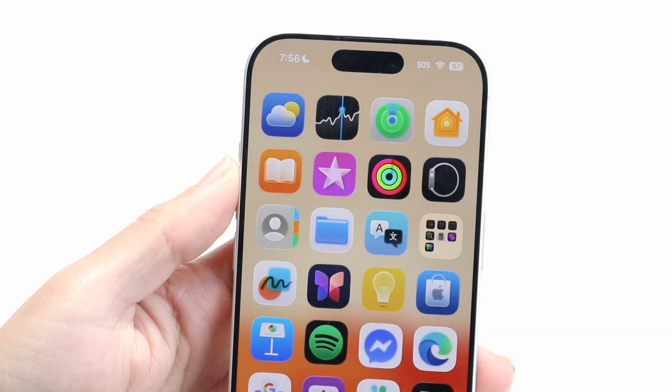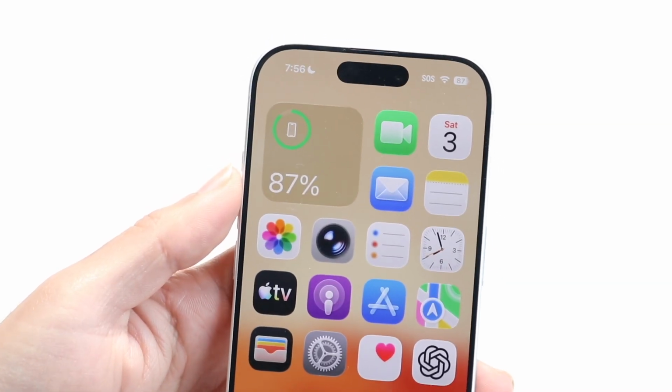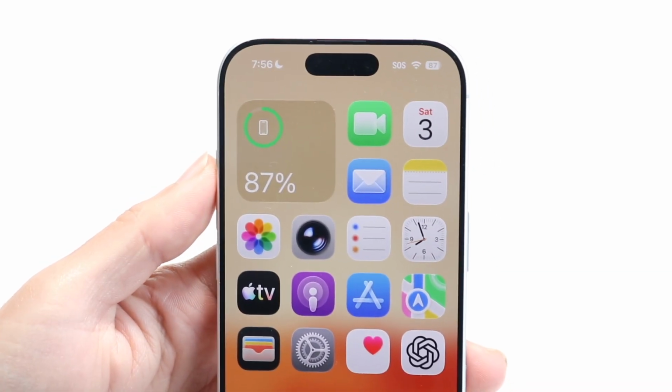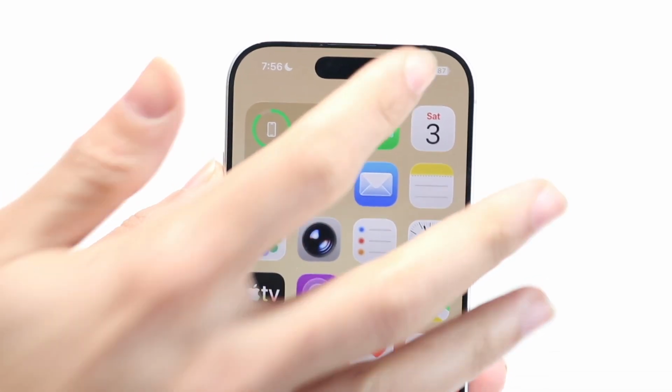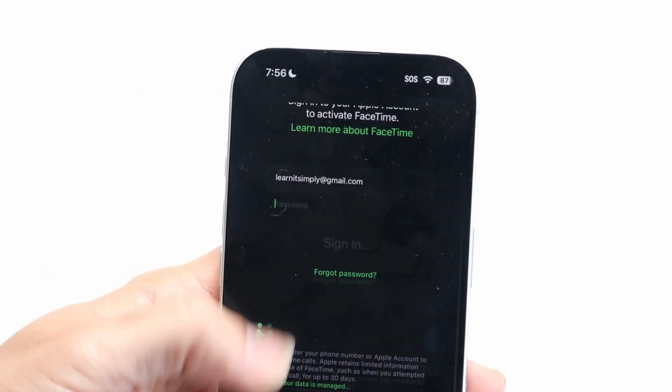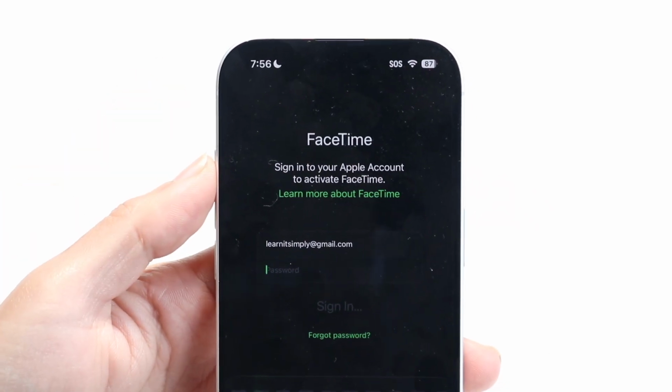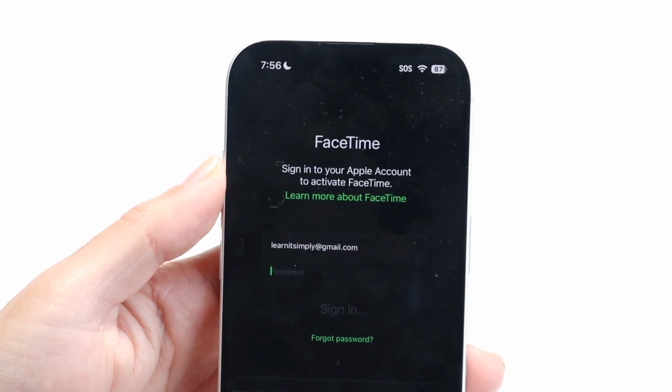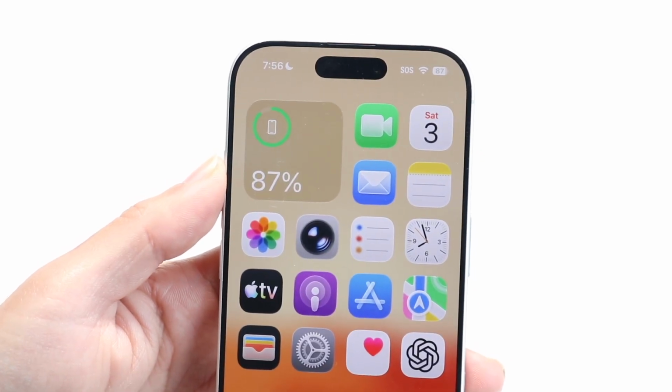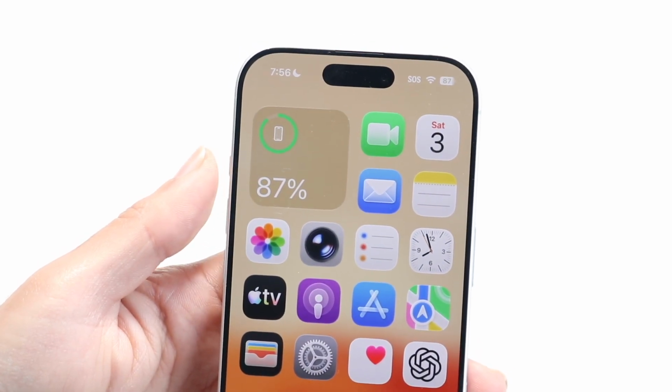So you might be in a situation where you're trying to fix your screen share on FaceTime not working. Sometimes you might be trying to FaceTime somebody and you might be trying to fix it if screen share is not working. Number one, the first thing you might want to do is